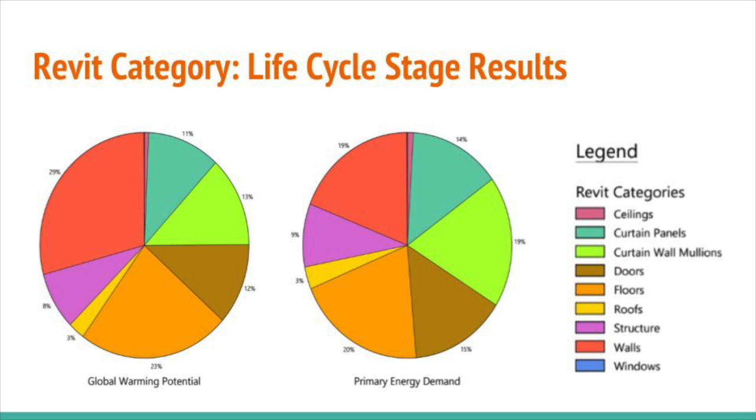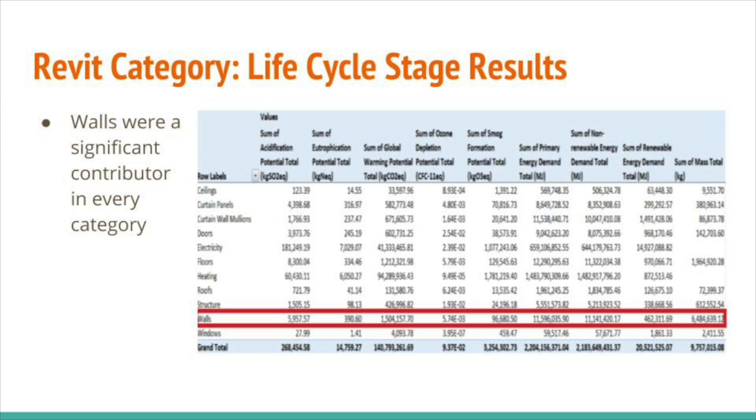That red represents walls, which seems to hold the biggest impact over all the other categories. It's also exemplified in slide 17, which shows in this table that walls hold most of the impact for the majority of these categories,